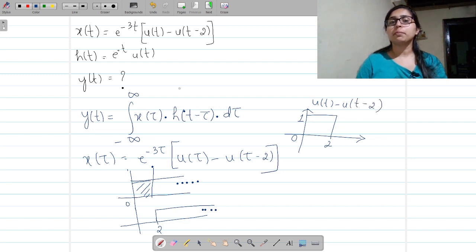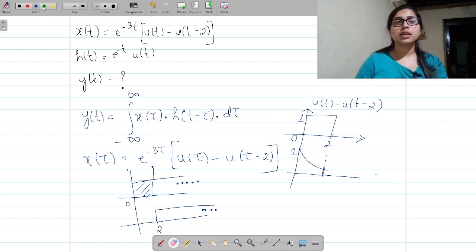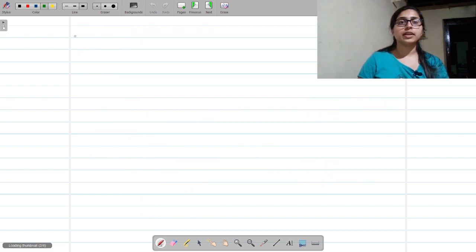So now if I multiply this with the exponential, that is e to the power of minus 3t, this magnitude is equal to 1. Now if I multiply this, I am going to get only this portion. So I can erase the remaining here. So this is my x of t, that is nothing but x of tau. So here I will give the variable tau. Okay. So in the next page I will write,